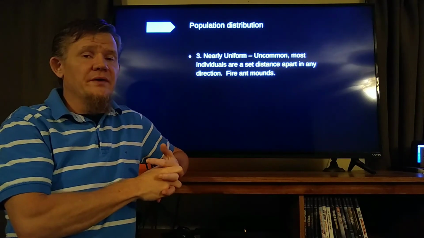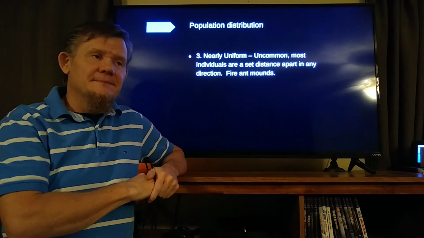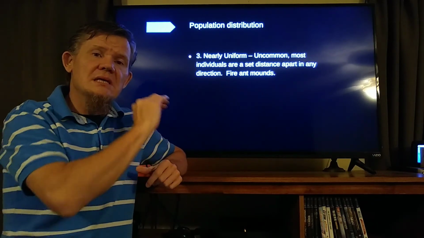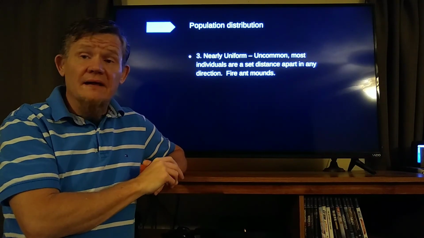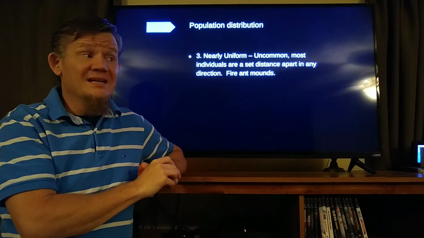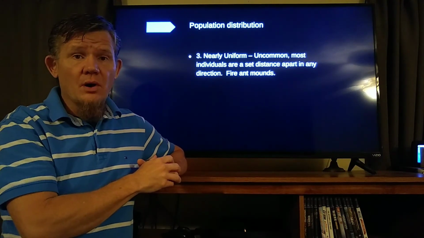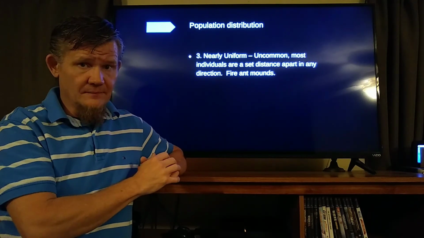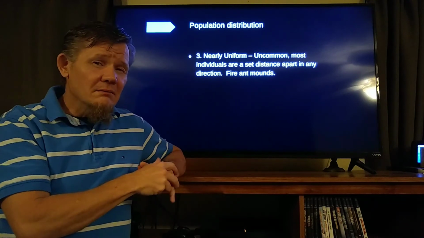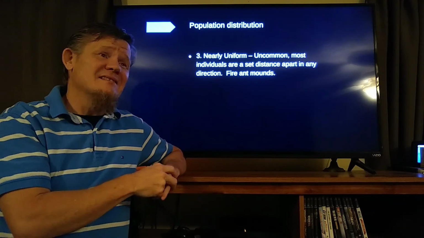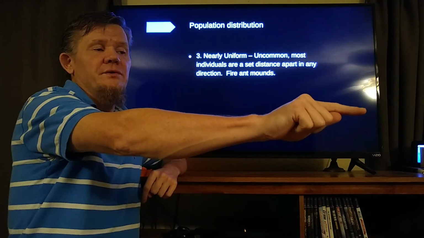And the reason why they're fairly evenly distributed is because, number one, when you see that big pasture full of fire ant mounds, you think it's all just one big colony, and that's not true. They are separate colonies, and they don't like each other. So they don't cooperate, and they're going to fight over territory. Second, an ant can only walk so far in a day. And because they're an ant, it's not that far. So they're going to be able to go out so far to forage for food and then come back again,